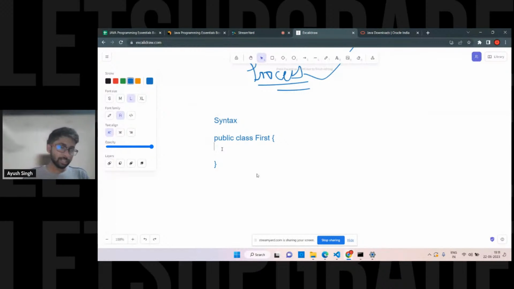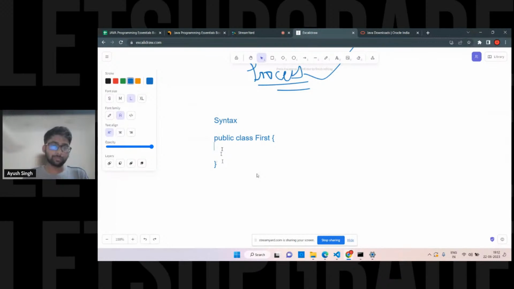Simple, right? They should have syntax because whatever code is there, it has separate syntax. Let's suppose for C++ or C language, syntax is different. We don't have the concept of class as directly in there, although class is also there in C++, but class is not required to run a C program or C++ program, right? We can directly use the main method there. That's how it works in C, but Java is quite different. We have to use class. Okay, so now stick with me on this part.